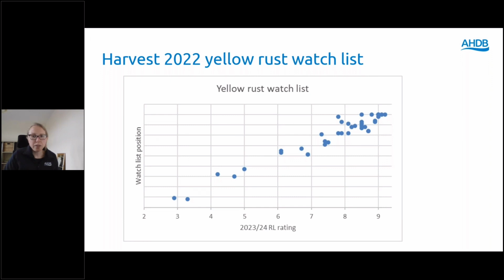If you wanted to pick any out, you might pick out these two, which have RL ratings of 9 and 7, but seem to have performed very, very slightly worse than average at some sites. And this was from slightly higher disease levels in some Norfolk trials, but it only related to a 2 to 3% increase in disease in yellow rust compared to the other sites, so it's not really anything to be worried about at all. So the good news for 2023 for yellow rust is that these 2022 data aren't predicting any potential problems, but obviously to emphasise, anything could happen, so please do continue to monitor all varieties.